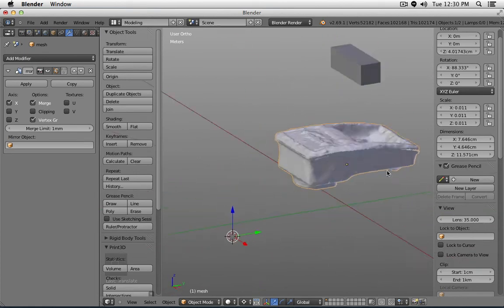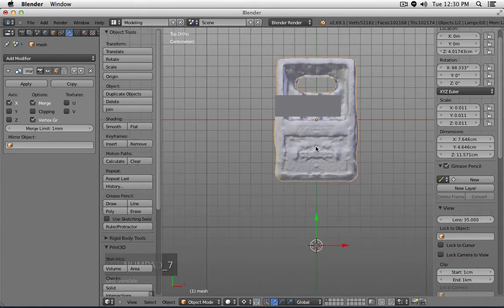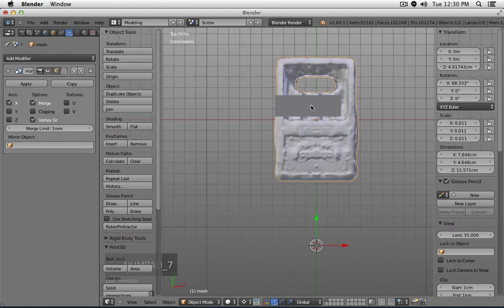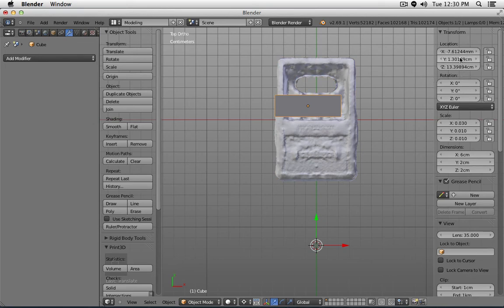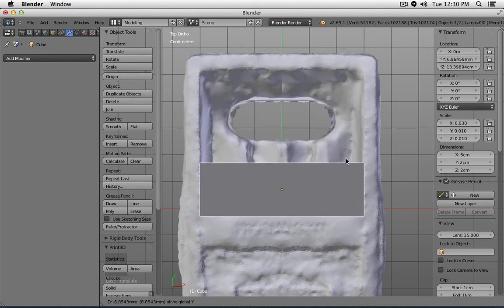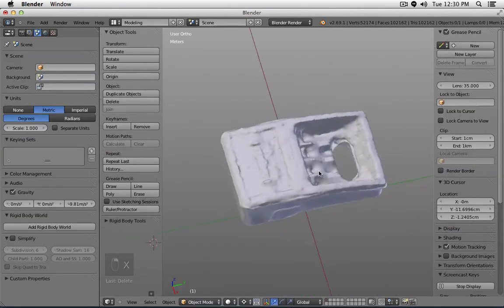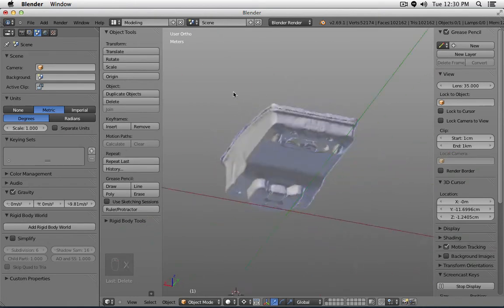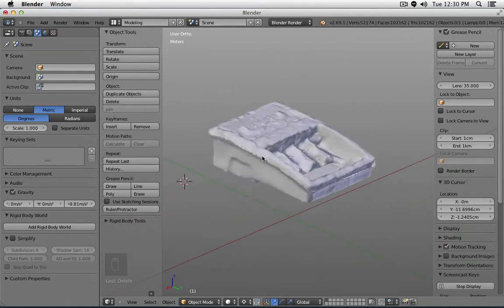So at this point, maybe one last check. And you see it fits in. So the cube goes from left side to the right side. The edges are parallel. So basically, I would say this is a somewhat really usable